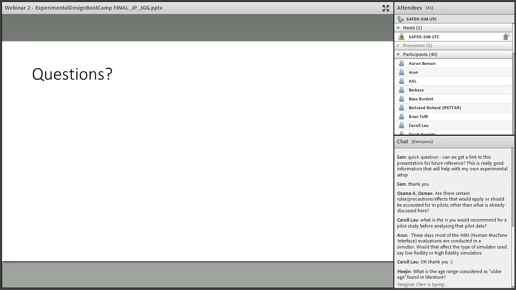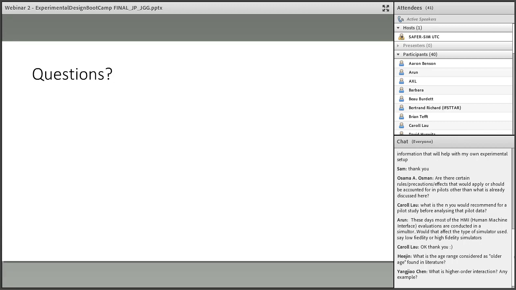So these days, most of the human-machine interface evaluations are conducted in a simulator. Would that affect the type of simulator used, say low fidelity or high fidelity simulators? Yeah, so I think really the choice in simulator, if you do have a choice in simulator, which many of us are kind of confined to the simulators that we do have,